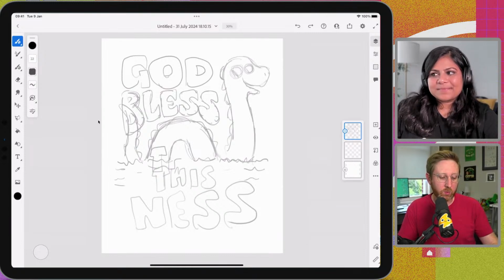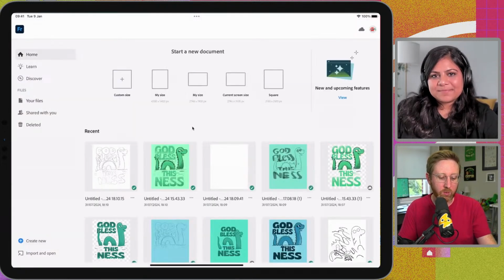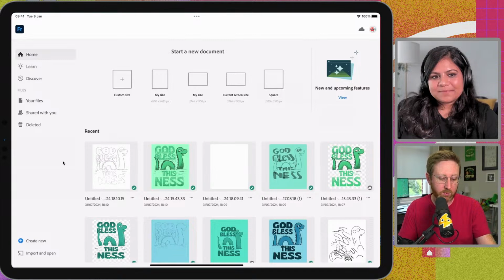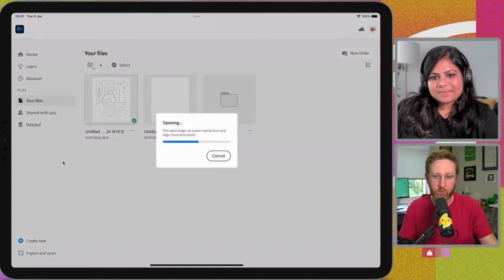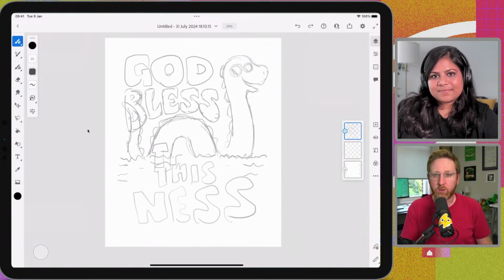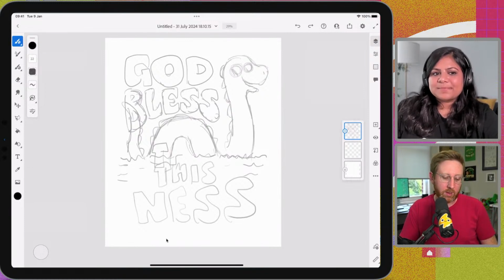A couple of things to note right off the bat here is the actual size of the canvas. So here in Fresco, obviously you can specify exactly what kind of size canvas you like. And I've got a template set up. This is 4,500 pixels by 5,400 pixels, which is essentially the standard t-shirt canvas size that you'll need. If you create your design on this canvas, you can then upload that to most of the print on demand platforms and services, in particular Printful, who we're using here today. So that's something to bear in mind.